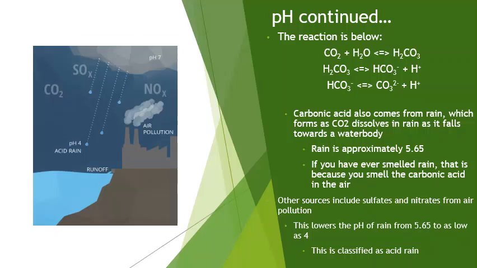Now, if you want to see the reaction of what happens when rain falls from the clouds down into a land or water body, it is right here. So first step, as rain, this here exists as a gas in our atmosphere, and this is the rainwater that's falling. And when that combination occurs, you form what's called carbonic acid. Remember I said before that it is a weak acid. So this dynamic equilibrium